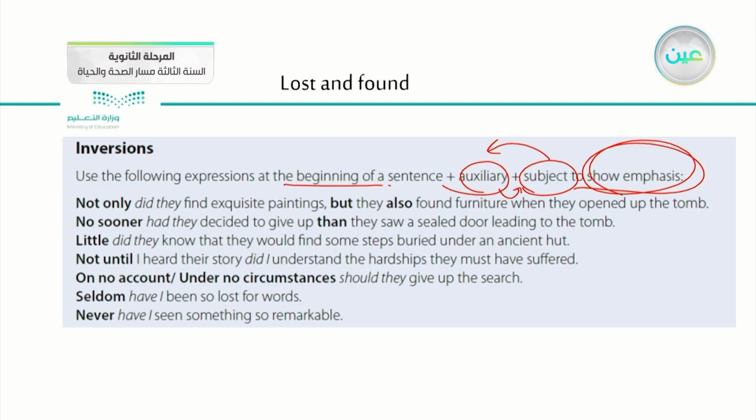So we say it didn't happen, she didn't go. In inversions, the auxiliary comes before the subject. Why? To show emphasis. So, number one, not only did they find exquisite paintings, but they also found furniture when they opened up